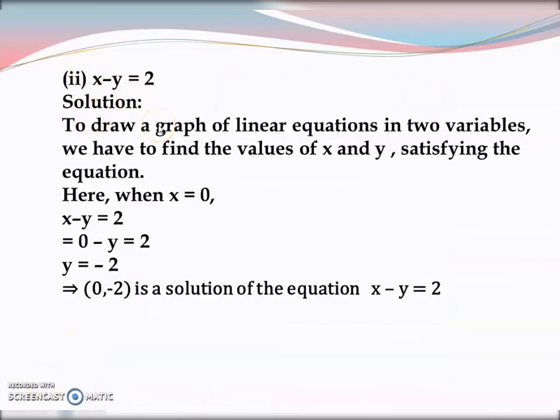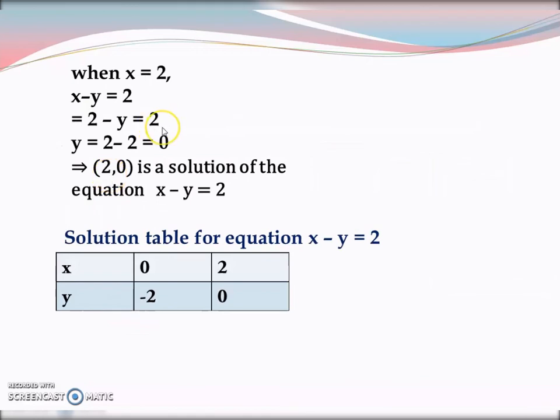So for x minus y equal to 2 also, I will first substitute x equal to 0. Now 0 is the simplest value which you can put and easily find out. So such values should be taken which you can solve mentally and easily find the values. So if x is 0, then minus y is 2, or y is minus 2. So (0, -2) is one solution. Then when I put x equal to 2, I get y equal to 0. So (2, 0) is another solution. These are the 2 points which I can plot on the graph and represent graphically.